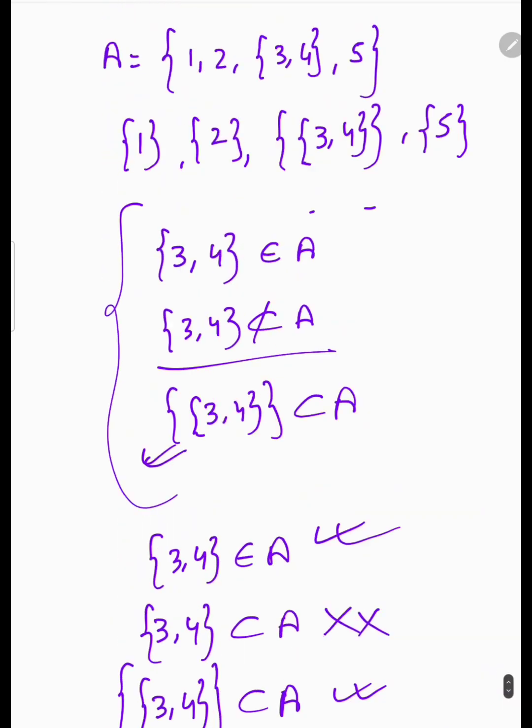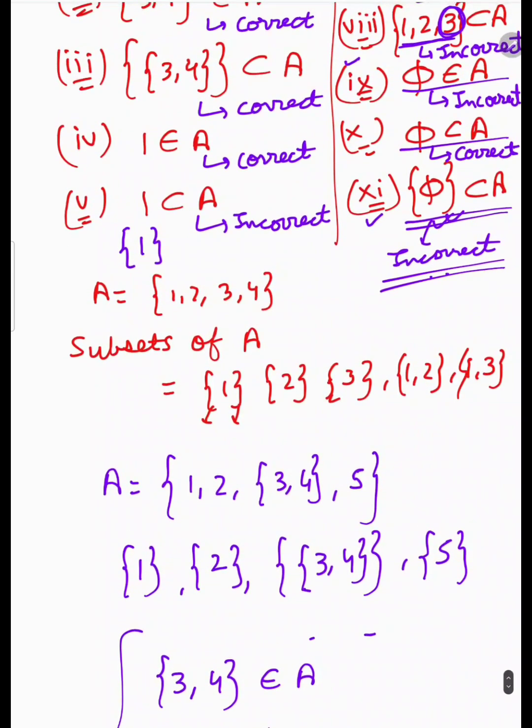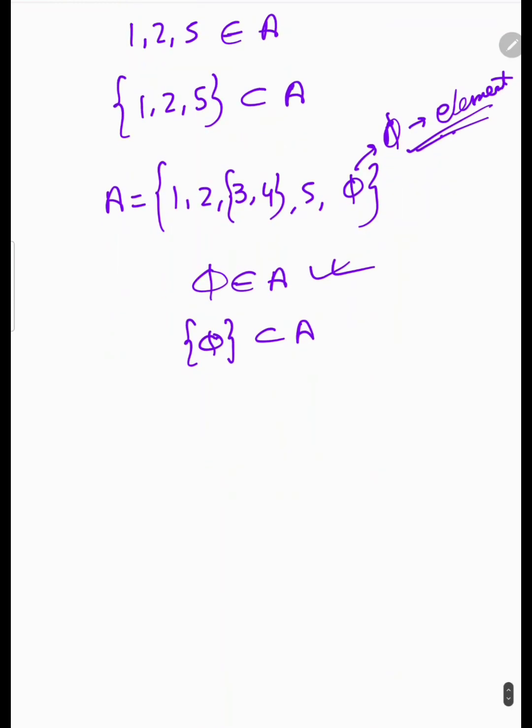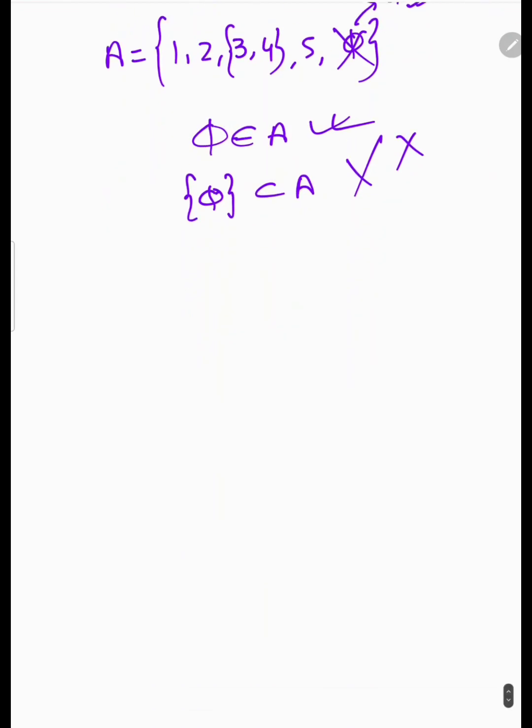यहां पर हम लिख सकते हैं कि जो 5 है वो बिलोंग्स टू ए, ये करेक्ट है, और ये एक सबसेट है ए का, ये भी करेक्ट है, ठीक है, ये दोनों ही करेक्ट हो जाता, लेकिन यहाँ पर ये दिया नहीं है, तो फिर ये दोनों ही इनकरेक्ट हो गया। ओके, जैसे कि कल के वीडियो में हम लोगों ने एक क्वेश्चन किया था, जैसे कि